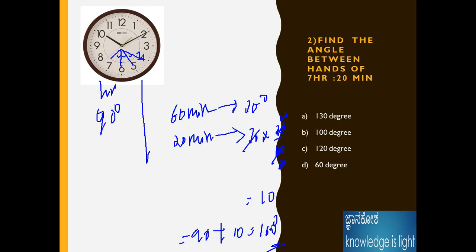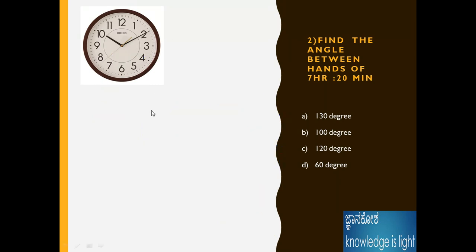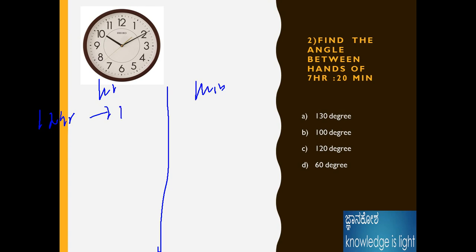How could it be the easy one? This is also an easy one. Either you can use that method or else this method. With the third method, I will show that method as well. We already split it up as hour one and minute one. For 12 hours, we already know it is 360 degrees. Therefore 7 hours and 20 minutes, right?